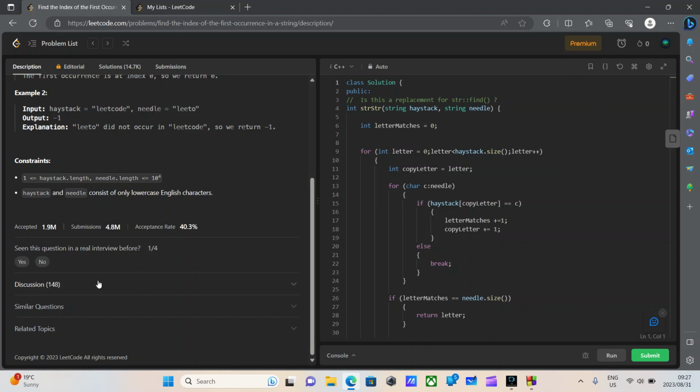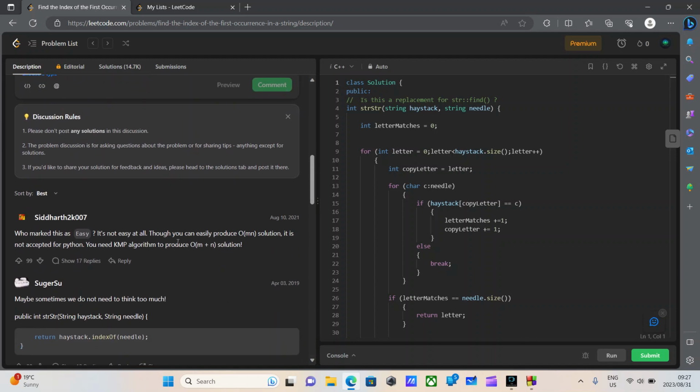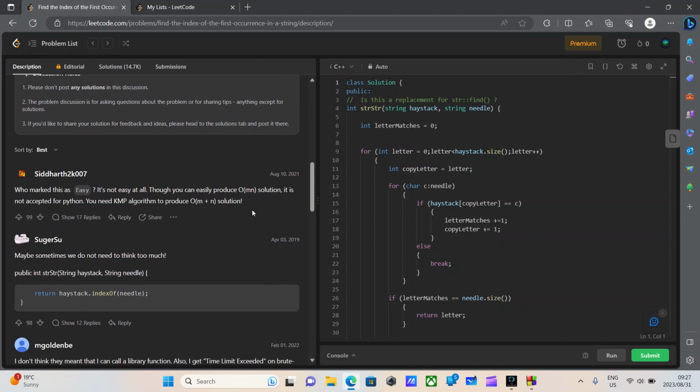Before we actually go into building a solution, let's look at the discussion section, which I suggest you do after building your solution. I just want to look at it because I think it's a little funny. So, who marked this as easy? It's not easy at all. Though, you can easily produce